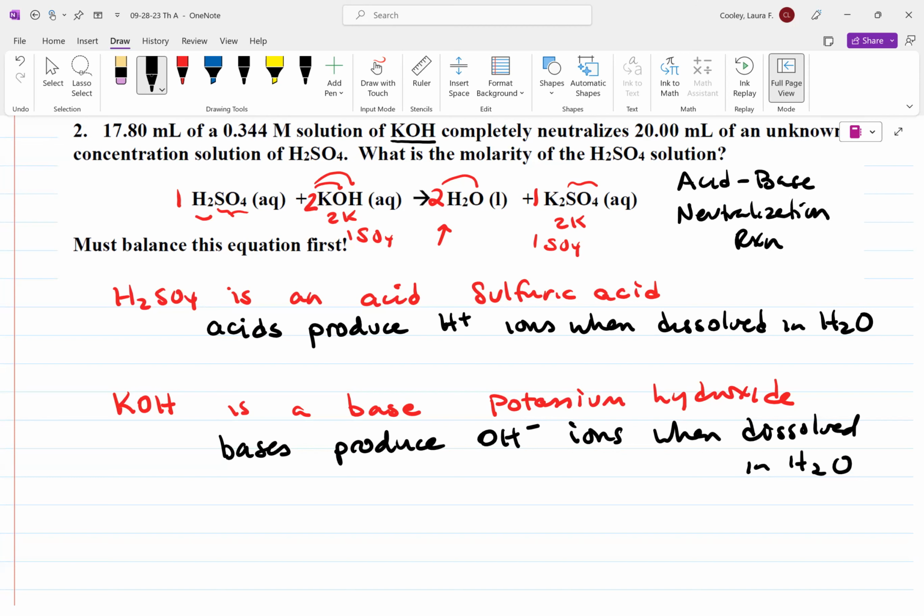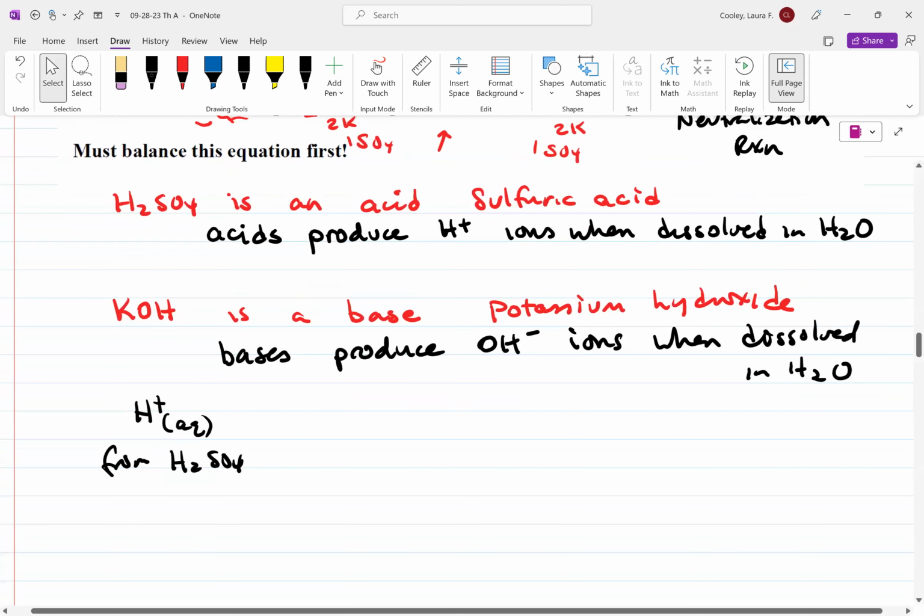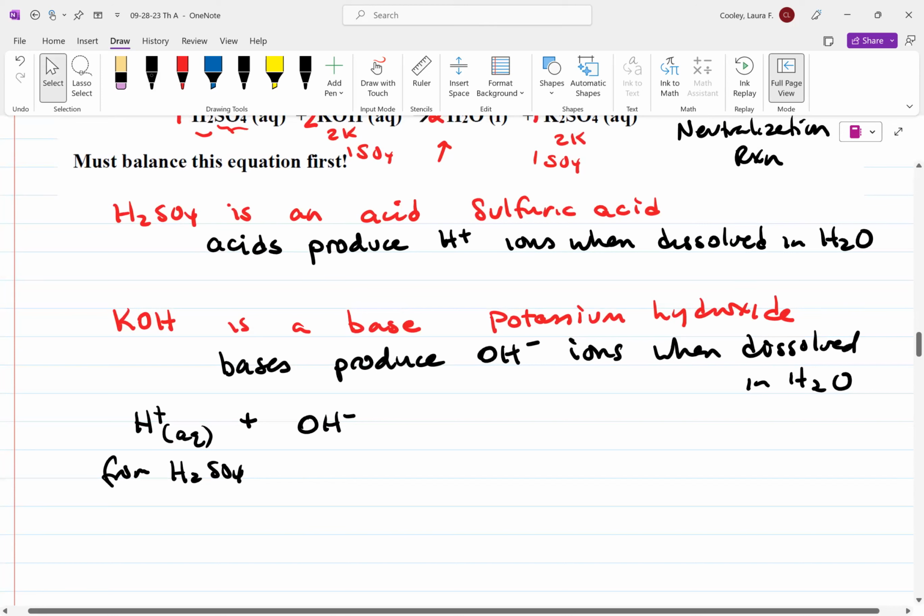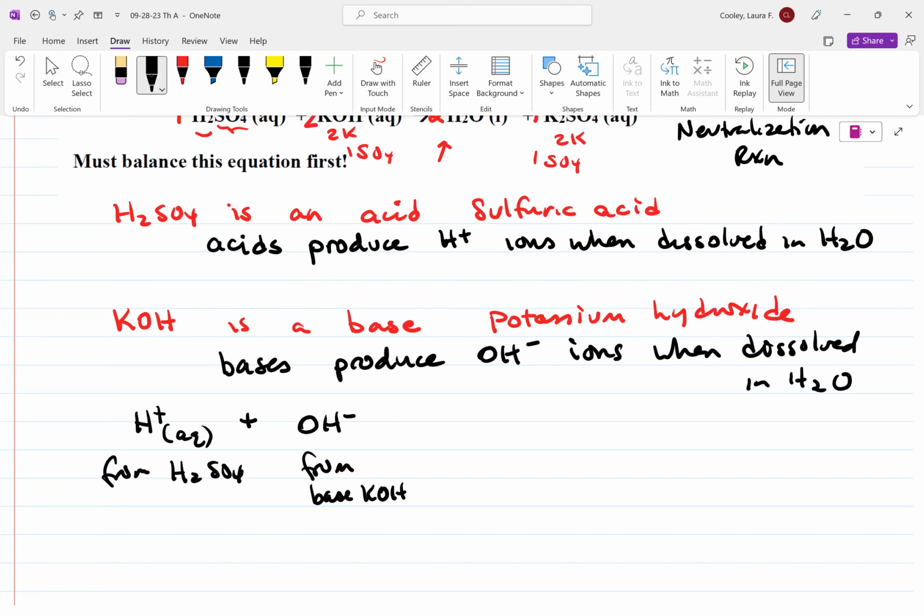And the reason we call it that is because the H+, which is from the sulfuric acid in solution, so it's aqueous, combines with the OH- from the base, KOH. What do you think happens when those two come together? Yes, H2O. So whereas before you had something acidic and something basic, H+ is the essence of being an acid, OH-